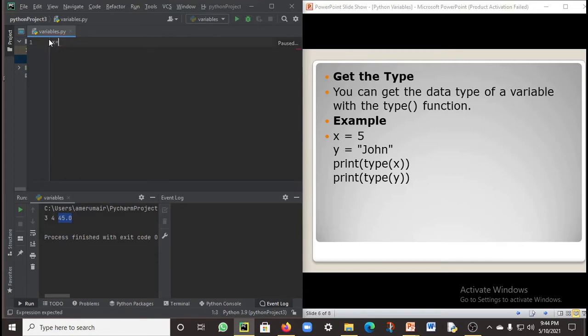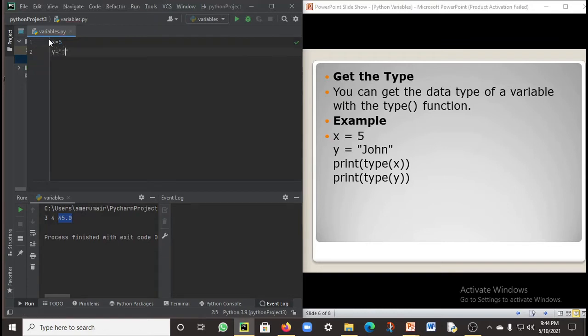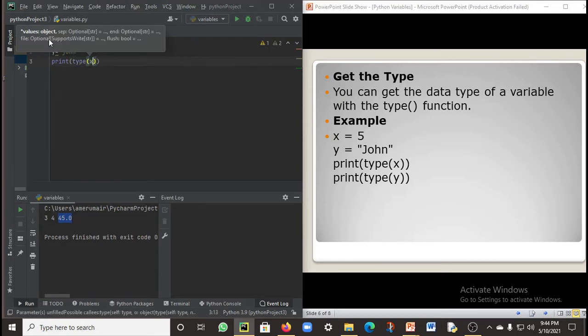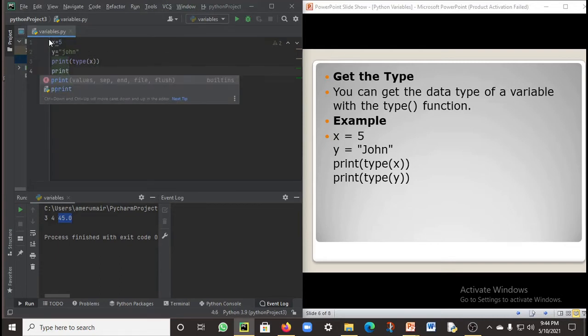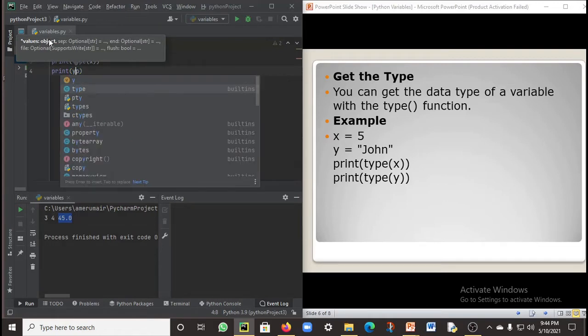x is equal to 5 and y is equal to John. Now I will print the type of x. What Python is going to do is print the type of x and y.